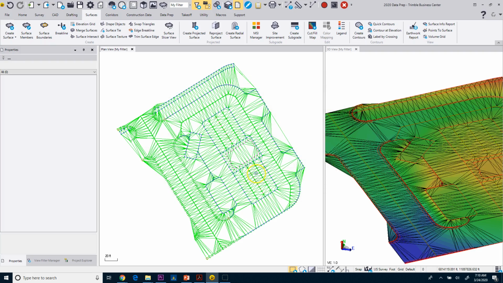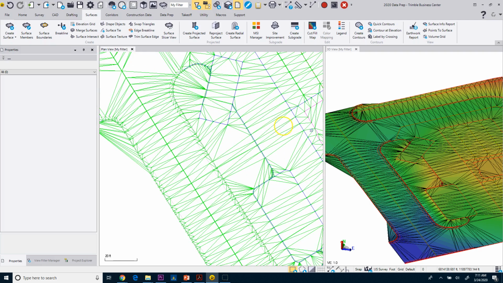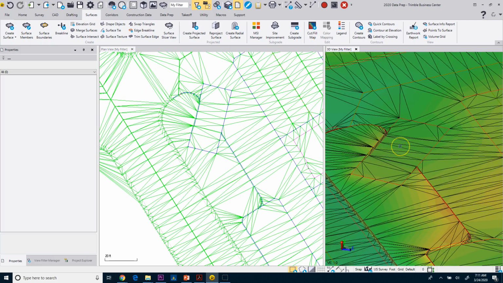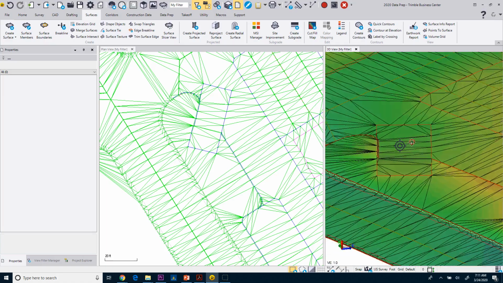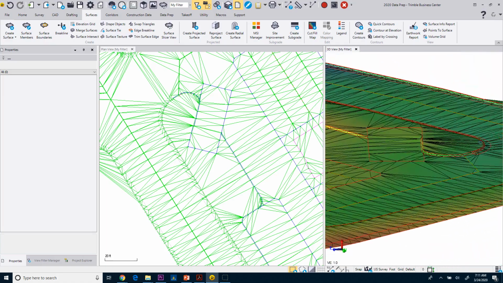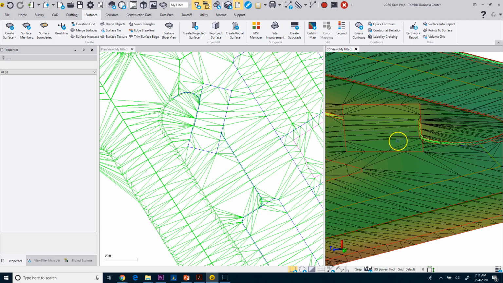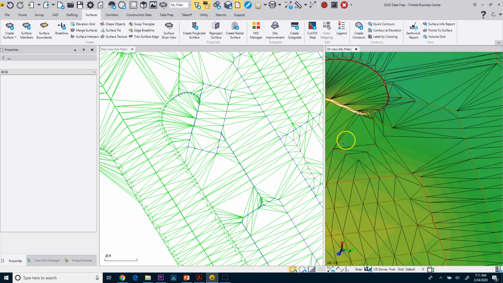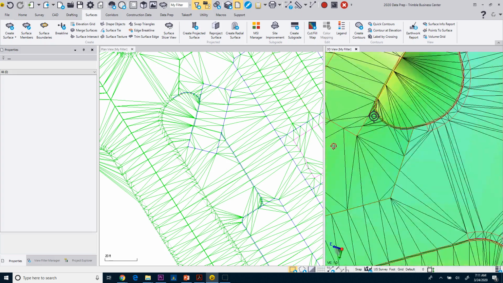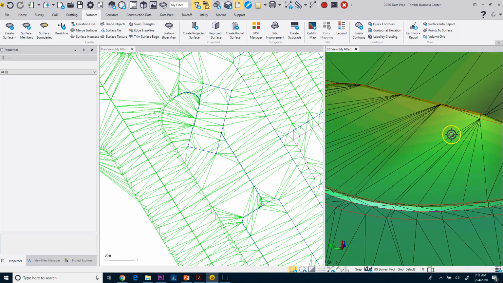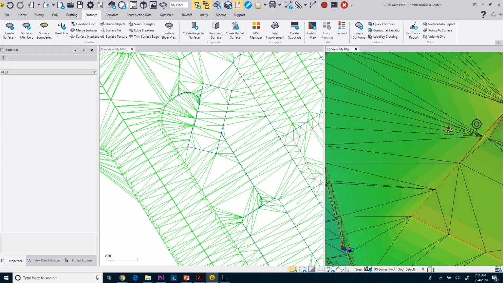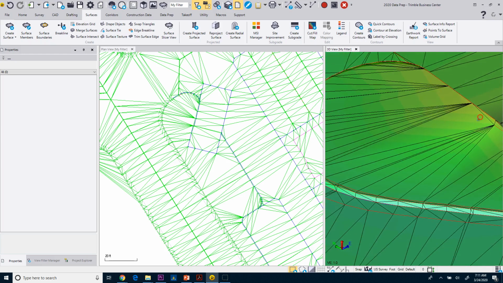And you'll see that now, see how my triangulation changes? Now it's a little bit denser and a little bit cleaner. I don't have those long, elongated triangles like I did before I did this. Okay, so now you can see just by doing that, it's actually smoothed this out. So I have a better grade through here in the way that you can see the triangulation in here. Now, if I look over here, I can also see that I don't have quite as bad of a ridge,